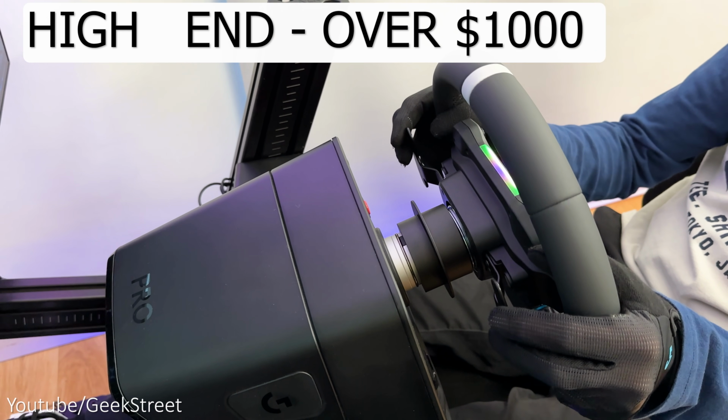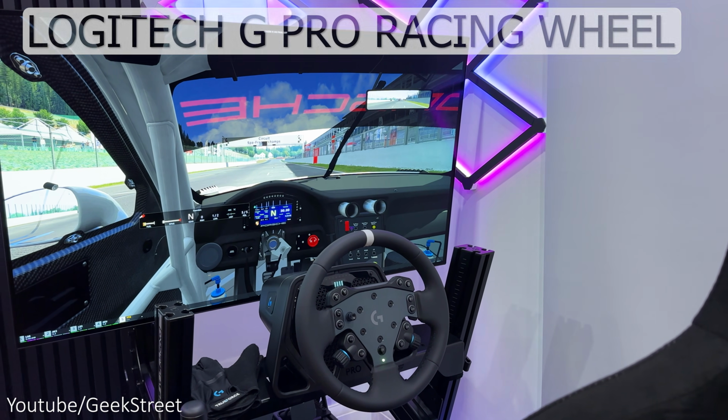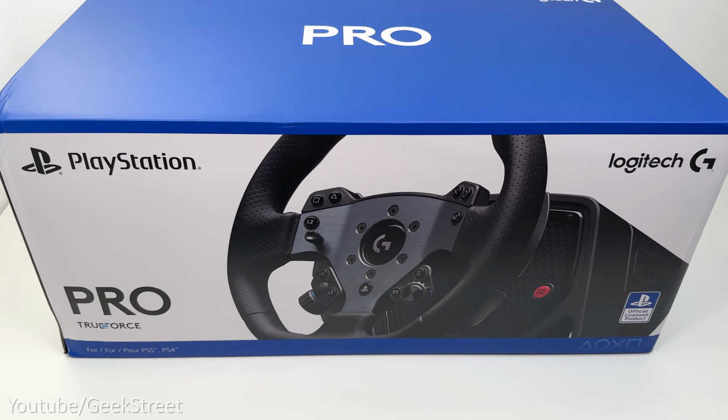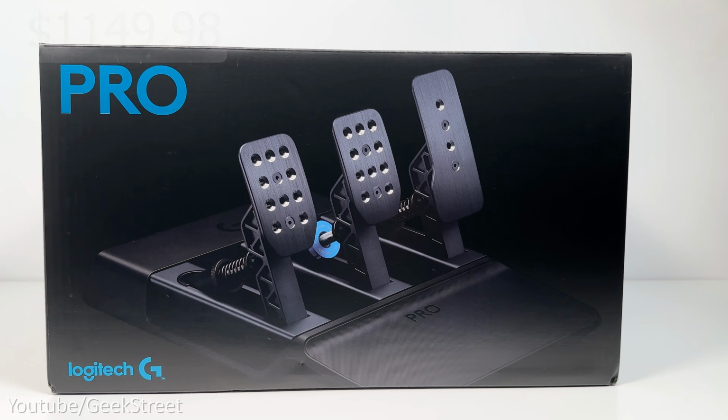In the high-end range, so over $1,000, there's the Logitech G Pro Racing Wheel and Pro pedals. The bundle comes with a wheel and wheelbase, and you'll need to purchase the pedals separately, costing just under